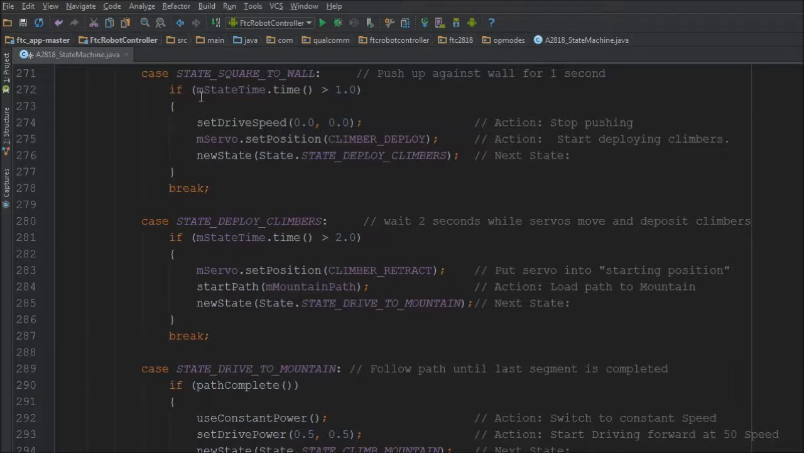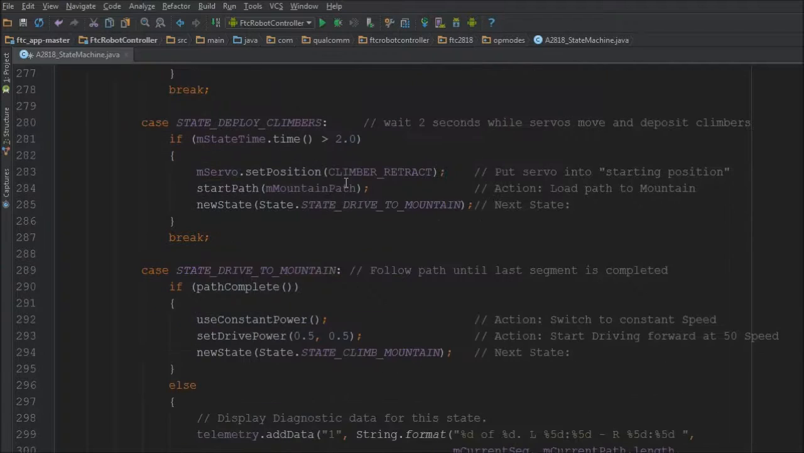If time is not greater than 1 second, it basically won't do anything. It'll just sit there, exit out, and come back again and again. It'll keep on looping and coming back to this state until the time is greater than a second. So moving on to the next state,